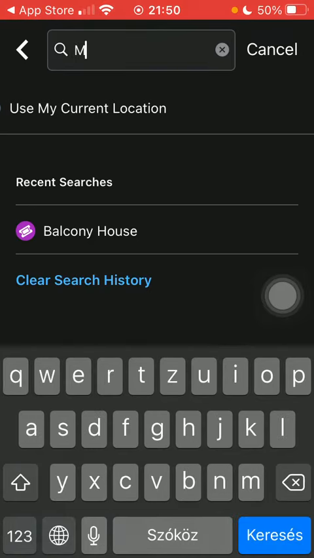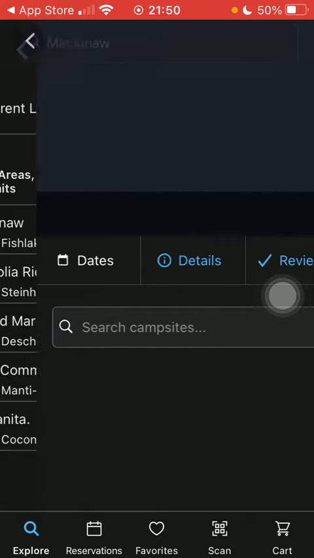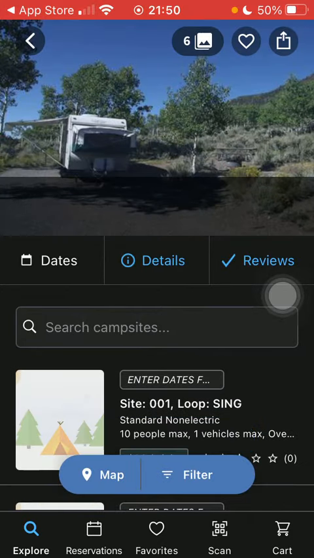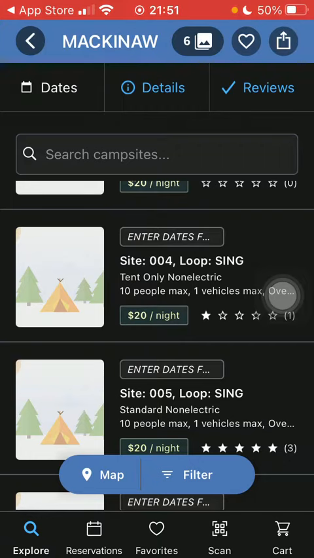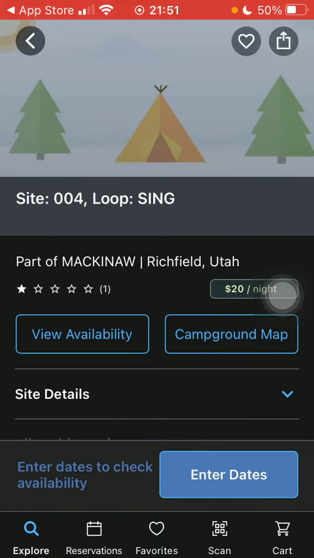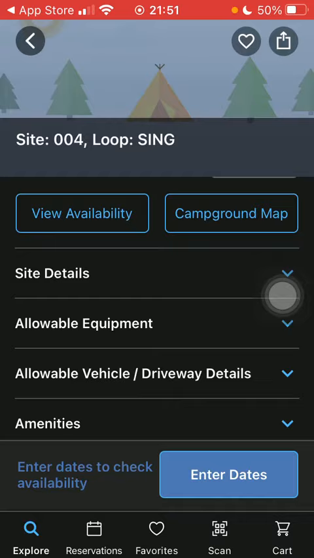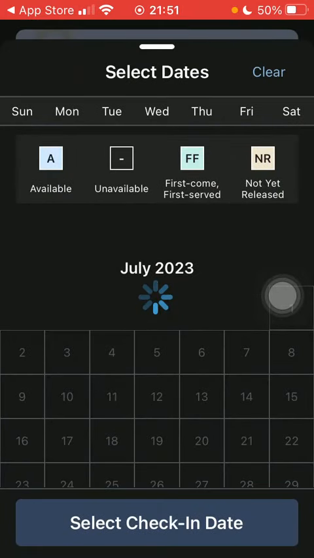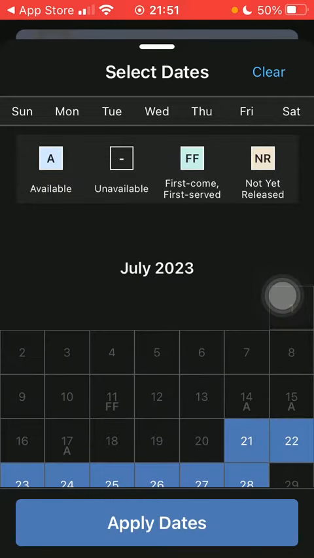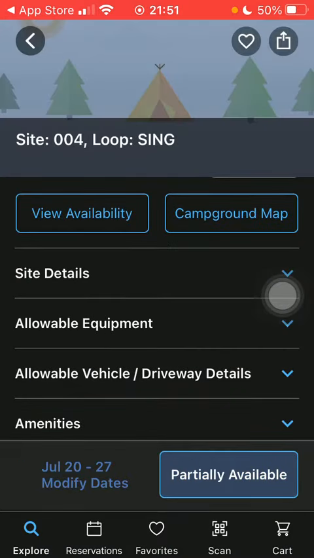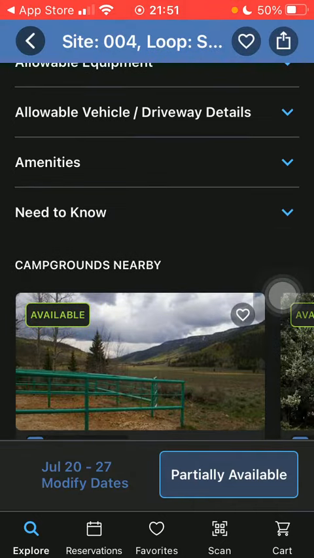Here you should enter your location, tap on the relevant one that you are interested in, and here you can find the options. Tap on the relevant one. Here you can check out the availability, select check-in date and the checkout date, tap on apply dates down below, click on partially available in this case,